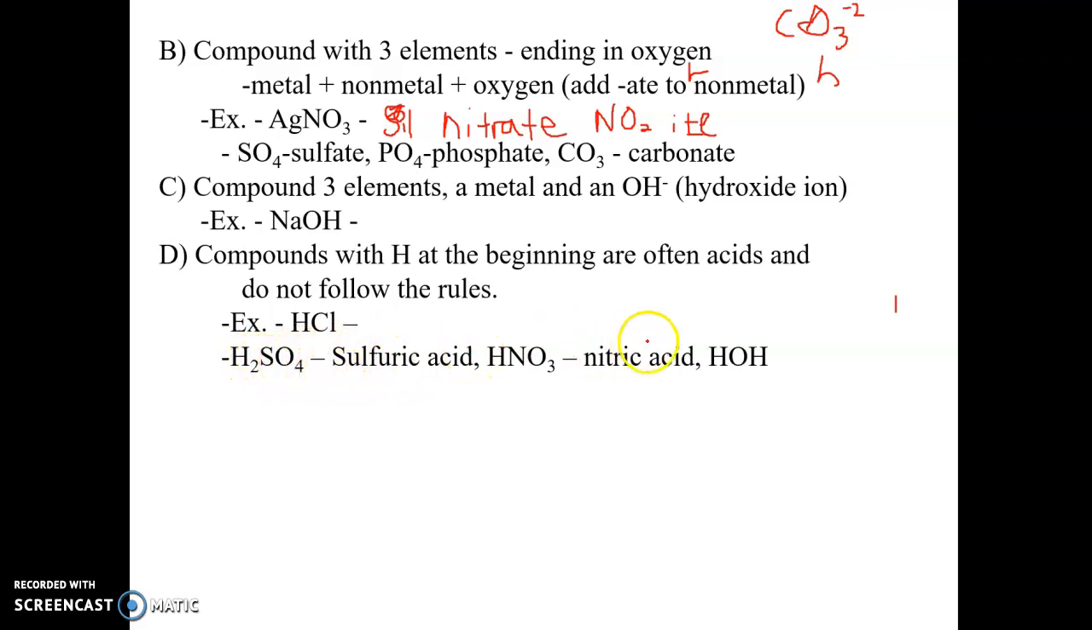H2SO4 is sulfuric acid. Got nitrate on the end of it, that'd be nitric acid. Notice water can be written as HOH, which means it's like an acid with a hydroxide on it. So hydrogen hydroxide would be water. Okay, and if you call it that, people would know what you're talking about. All right, so those are basically the